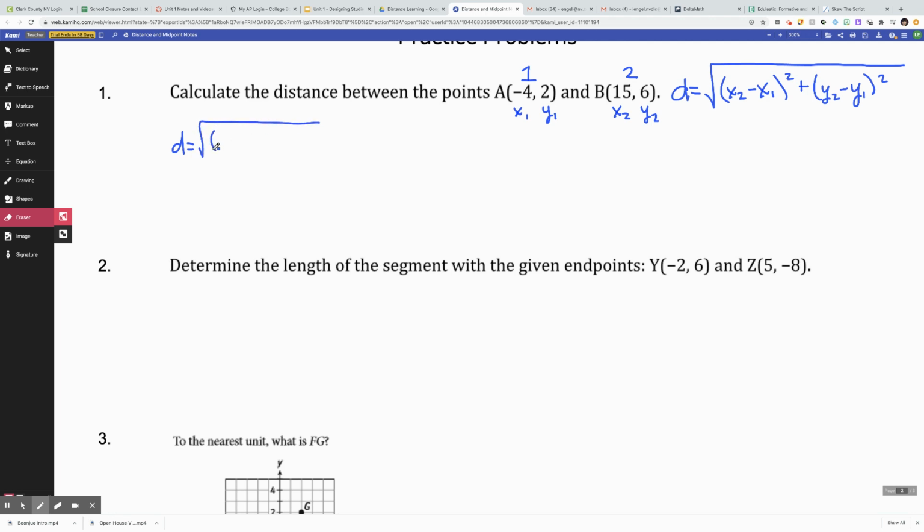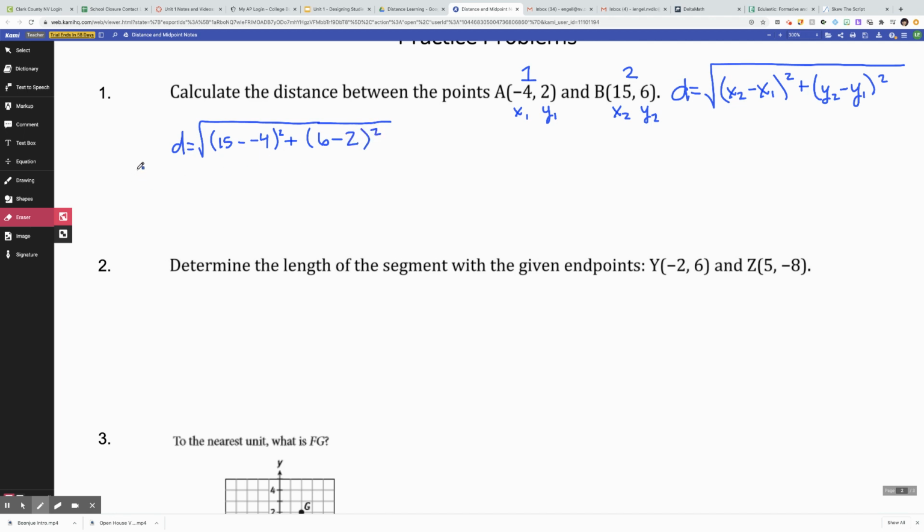So you have x2, which is 15, minus -4 which is x1, squared, plus y2 which is 6 minus y1 which is 2,